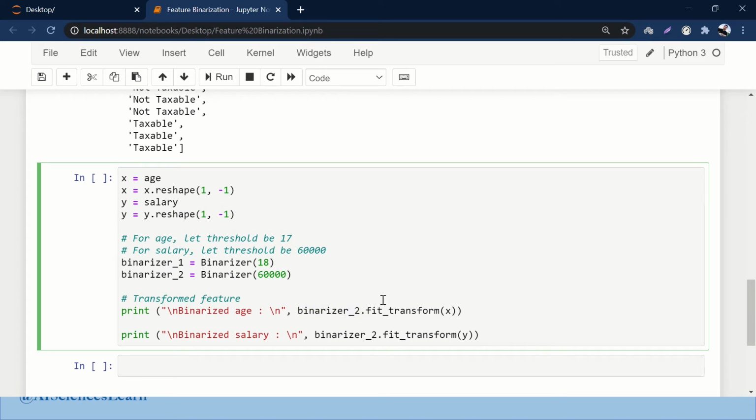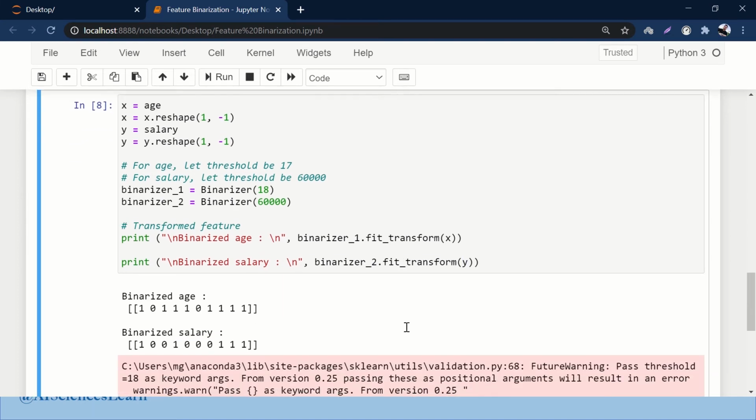And then we are just saying Binarizer 2 dot fit transform. Actually, this should be Binarizer 1, right? This is for the age. So Binarizer 1 dot fit transform, which is a built-in method, and here we will pass our values. And Binarizer 2 dot fit transform, and here we will pass our reshaped data, and let's run it. So here you can see that